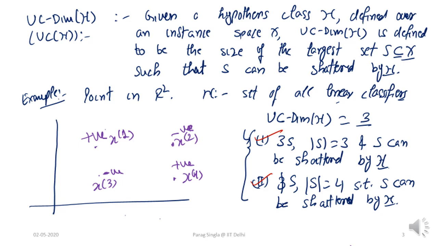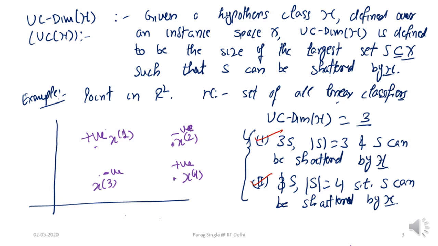This is a general argument that we're trying to make, that whatever is the 4 point arrangement in the 2D space, if you label opposite points on a diagonal as positive and the other set of opposite points as negative, then there is no linear hypothesis which can achieve this labeling. A more formal argument will consider all possible such cases of 4 points, which will include 3 being collinear or 4 being collinear. But once you make these cases and a more careful argument about the structure of these 4 points in general, then you can show that the VC dimension of this space is exactly equal to 3, because there is no set of 4 points which can be shattered by this hypothesis class.